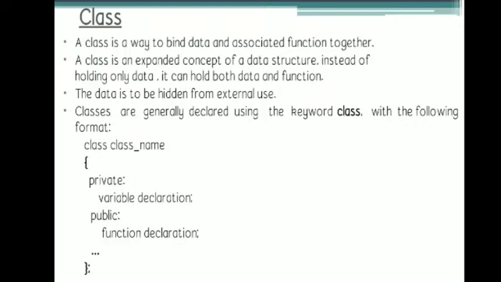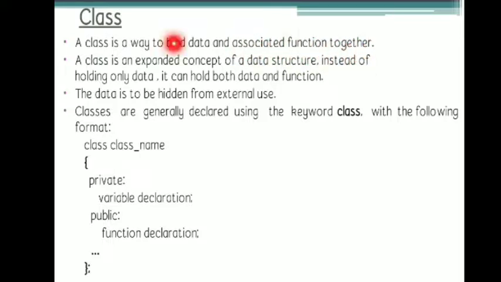So what is a class? Class is the combination of data and function. To know about data and function, let me give one example. A pen. A pen can have height, color, model. All these characteristics we call data. And the action performed by the pen, for example writing, drawing, we call a function.